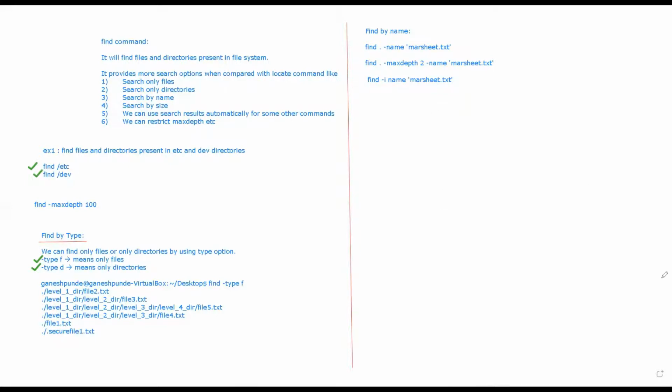Now let's say you want to search by size. You should use the hyphen size option. A plus symbol means greater than, and a minus symbol means less than. We found by name, now you want to find by size.